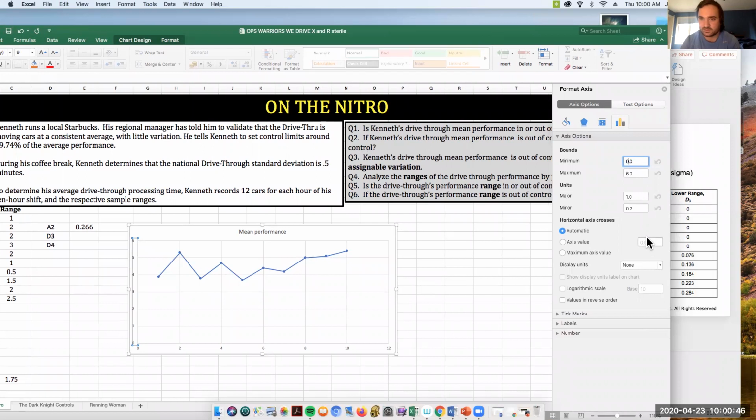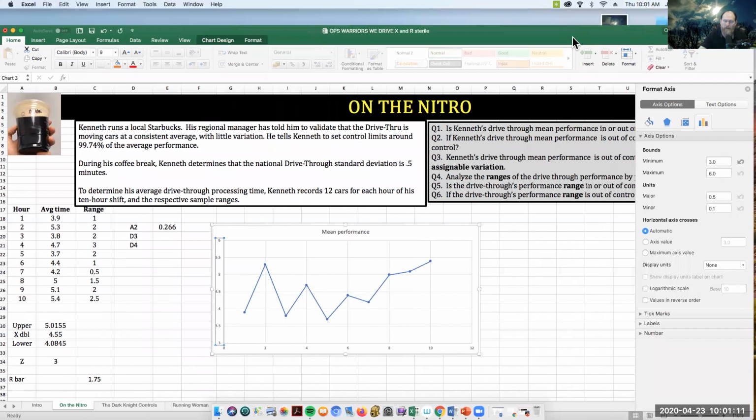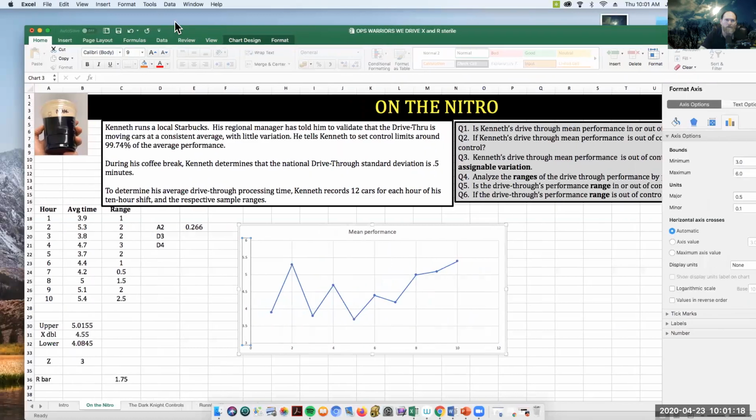This is great. So I'm going to just center in here so everybody can see what Ethan is talking about. Ethan's talking about changing the minimum because we have all this white space here. And it's not really helping us see the nature of these changes. So if we change that minimum limit to 3, see how our chart changes? And that's what Ethan is talking about. And I like that because now we can see, okay, and those control limits are going to make a lot more sense.